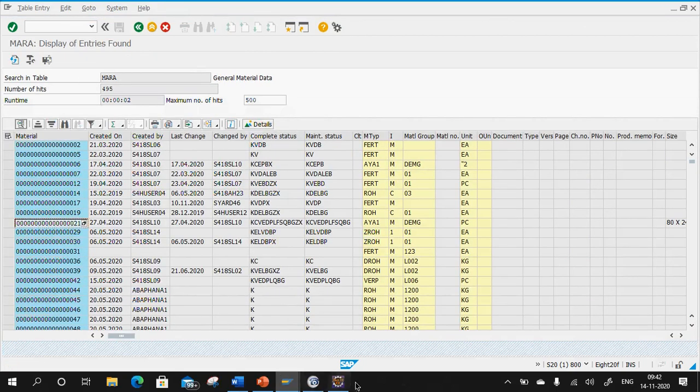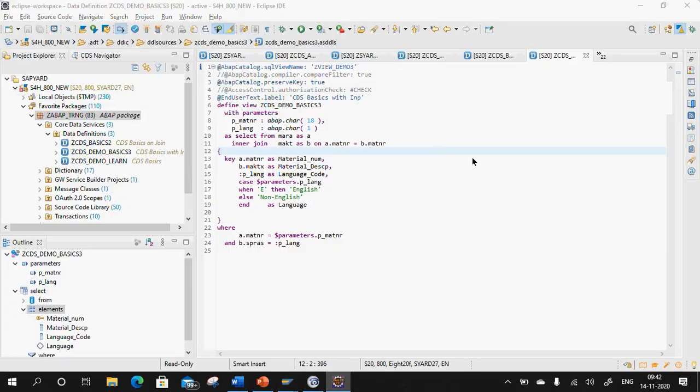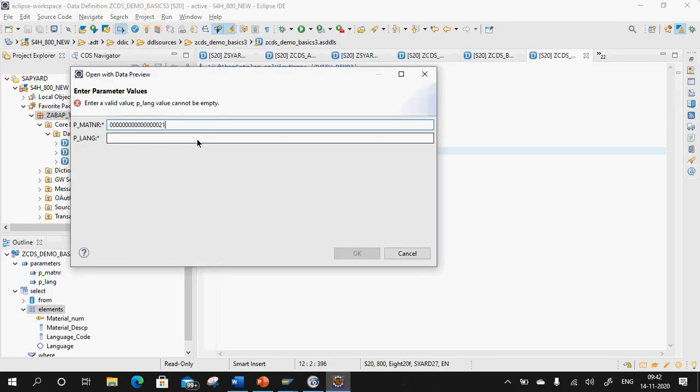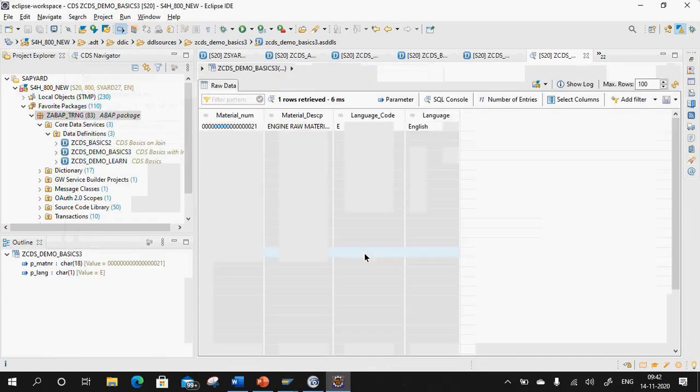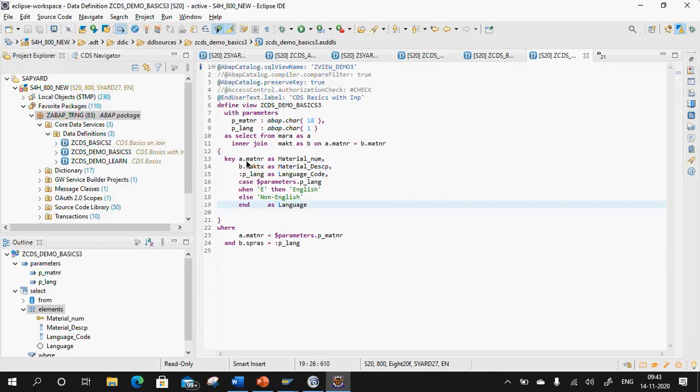So let me take this, F8, let me pass this, and okay. Can you see this guys? Material number, engine raw material, language code in English. Now my next requirement is, I want to trim this material number, I want 21 only and not 00021.